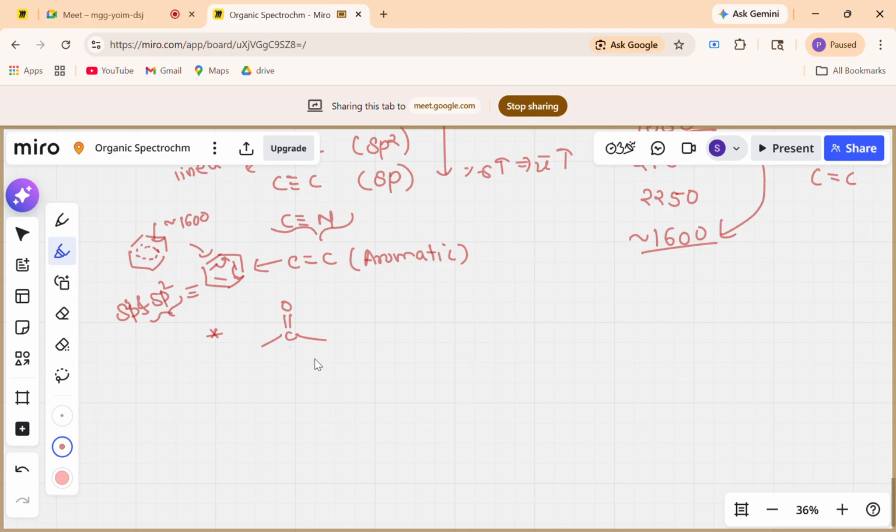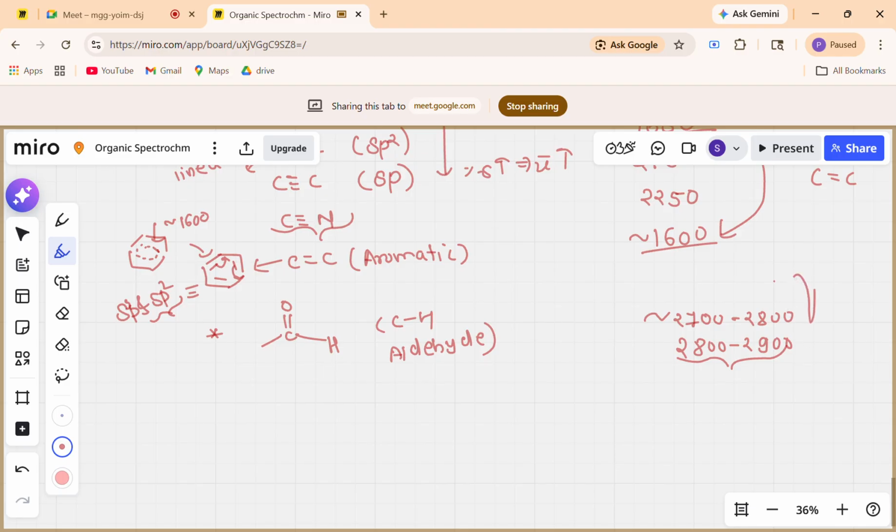Okay, so next is basically the most characteristic molecule. Mostly in organic reactions, you will handle compounds containing a carbonyl group and its derivatives, like aldehyde, ester, carboxylic acid, anhydrides, etc. So basically this aldehydic CH bond gives you a special kind of structure in your IR spectra, and that's basically called Fermi resonance. We'll discuss what Fermi resonance is, but its value will come around